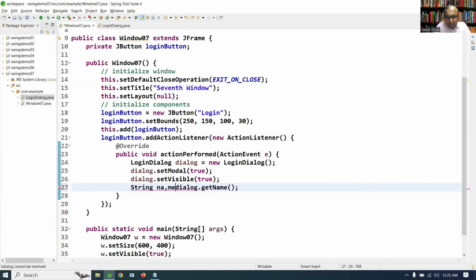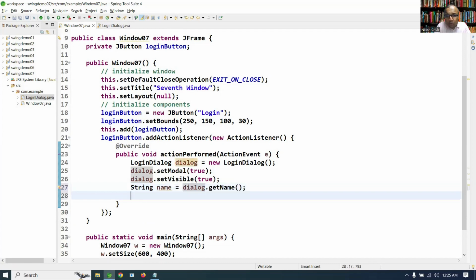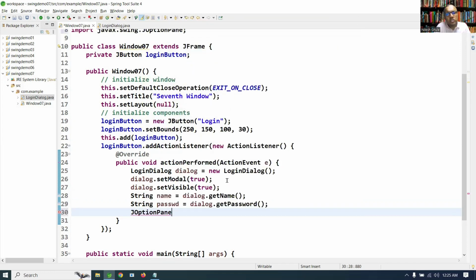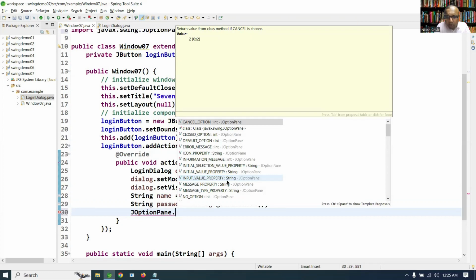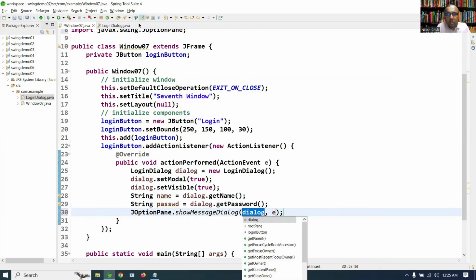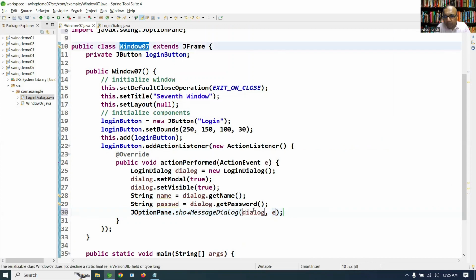So string name, and you might want to take a password. So dialog dot getPassword, and you can collect string password. You can display that information into the console, or as you have seen earlier, you can use JOptionPane for showing message dialog. Into the message dialog, I want to give my mainframe address